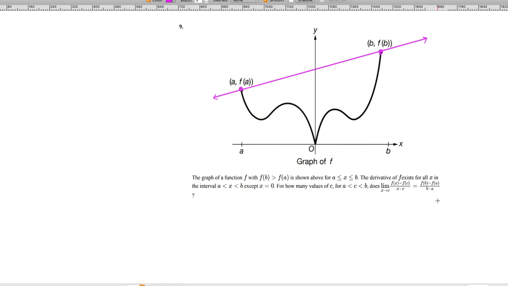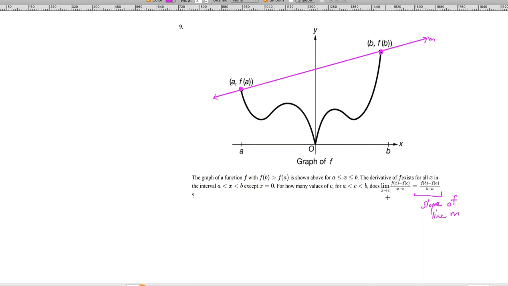Again, the slope of this line is the right hand side. Let's call it M line, slope of line